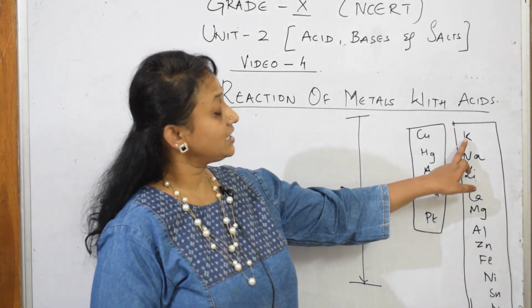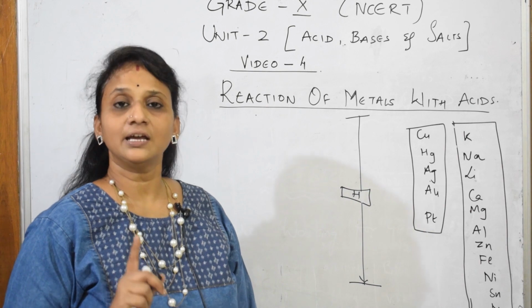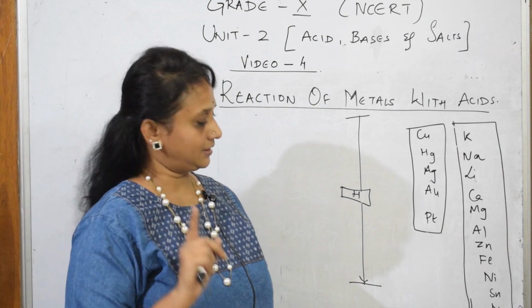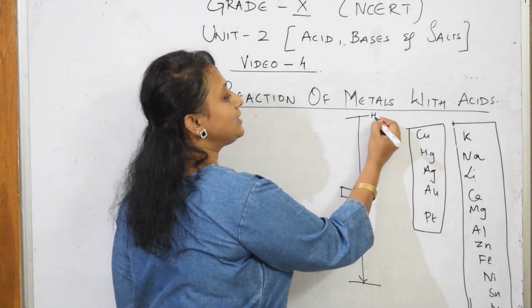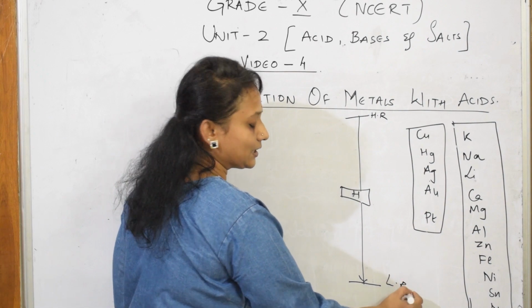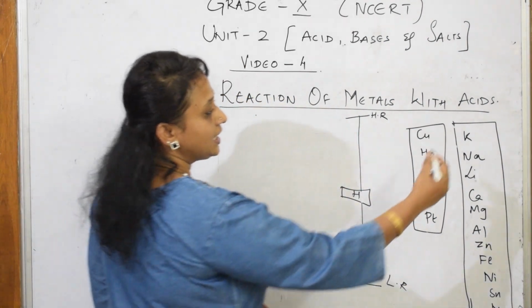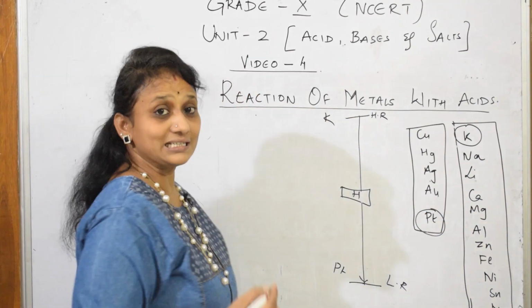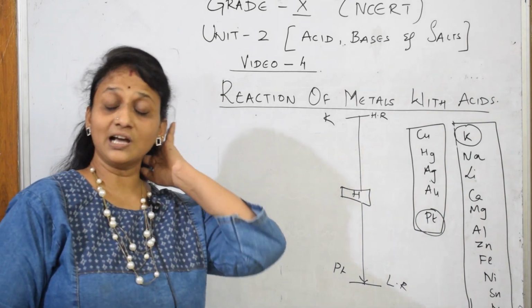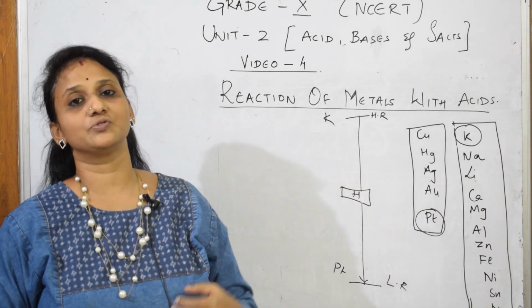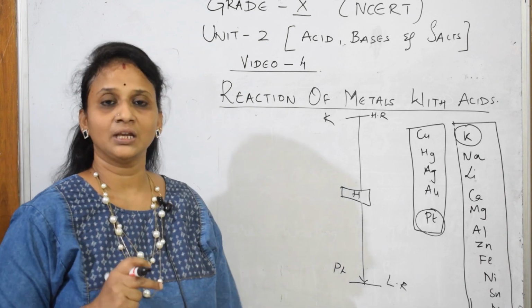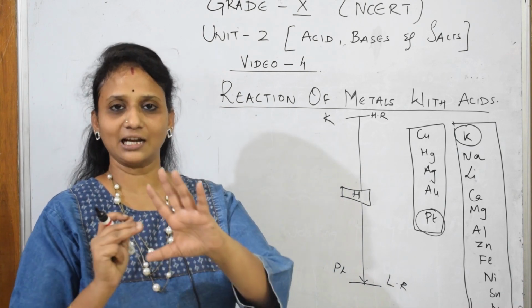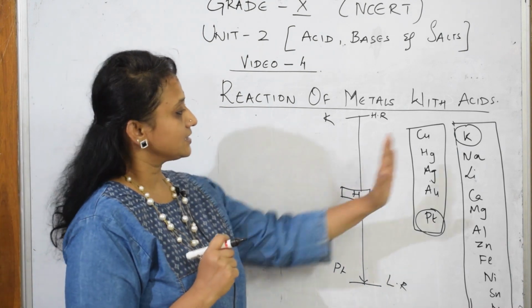Once again, reactivity series is a series of metals arranged according to their reactivity. This end would be the highly reactive metal, this end the least reactive. Potassium is a highly reactive metal, platinum is the least reactive. Platinum is precious as well as inert, it will not form any compounds. Even if you wear platinum, we will not get any reaction on our hand. But if you put acid on your hand, it will burn, isn't it? Yes. So once again, this is the reactivity series.